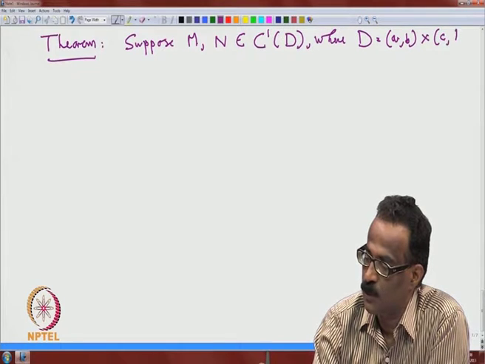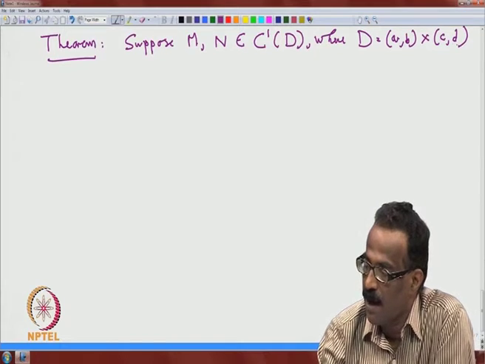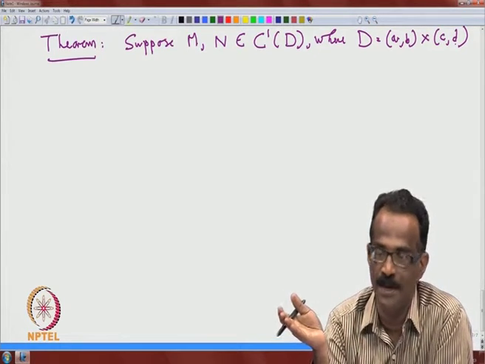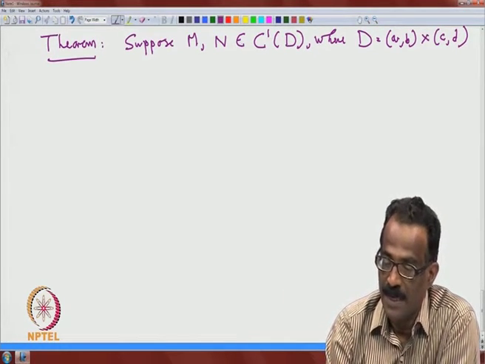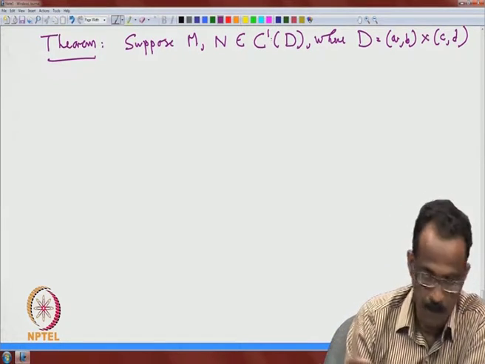So, it is a two variable function defined on a domain in R2, the t y plane, and M and N need smoothness, that is, continuously differentiable. Then